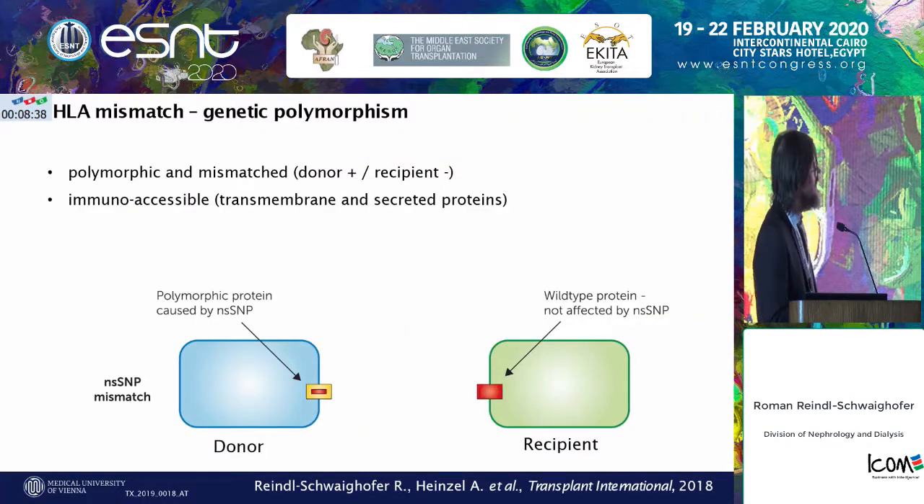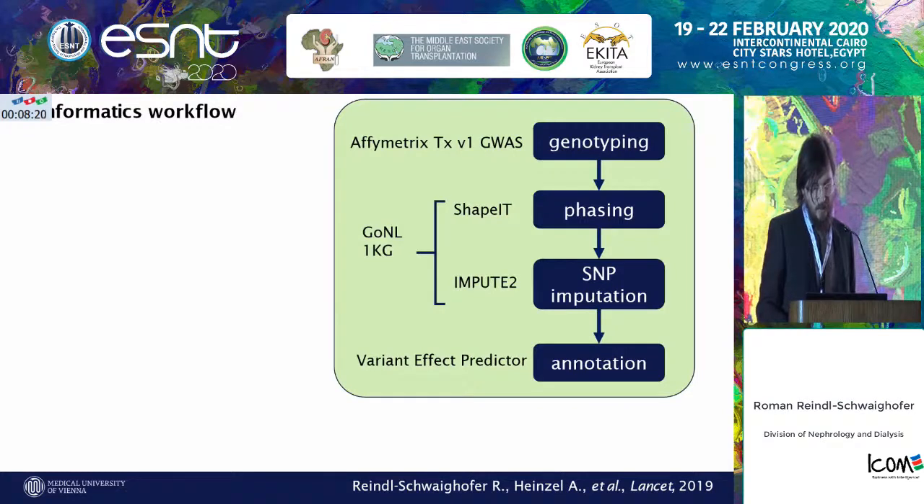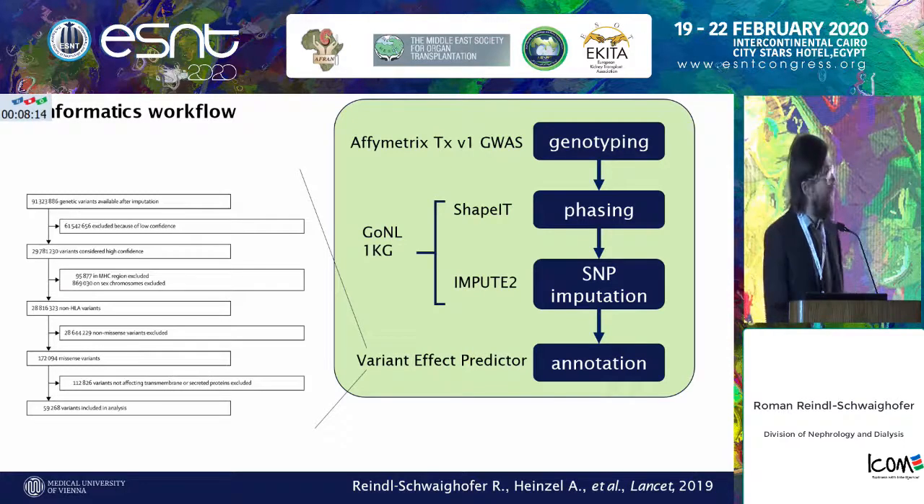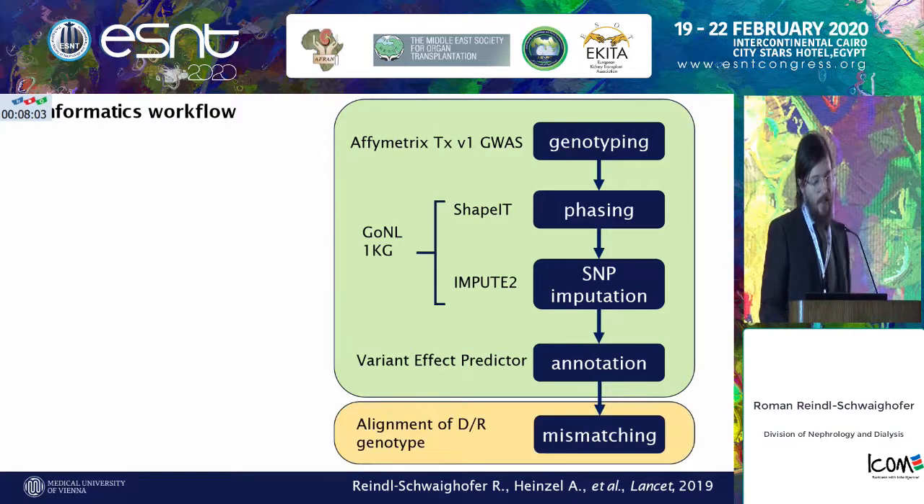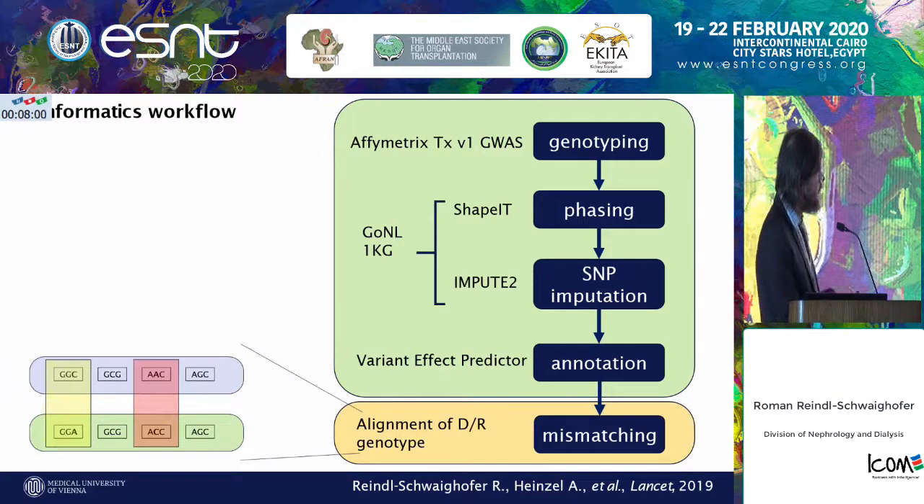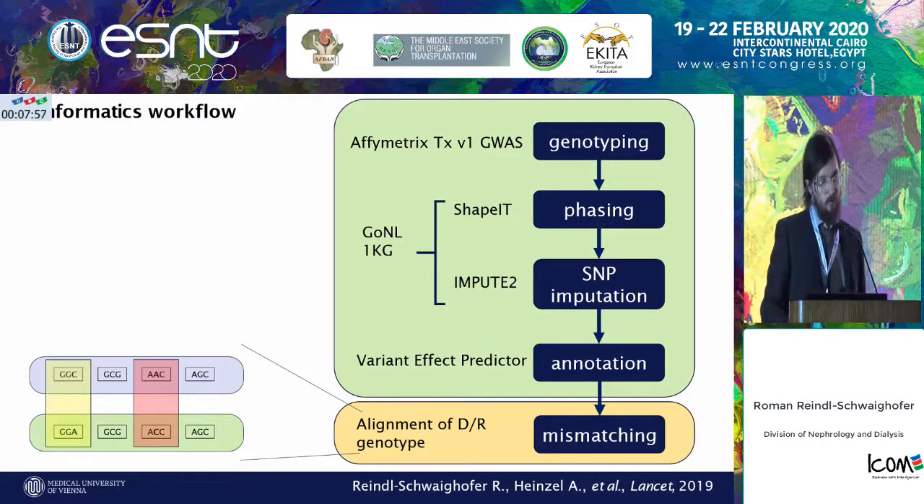So we hypothesized that if we have polymorphic and mismatched donor and recipient pairs, and we specifically focus on transmembrane and secreted proteins, when we transplant an organ with an altered cell surface structure by a changed amino acid, this will cause an alloimmune response in the recipient. We sequenced 500 donor and recipient pairs, and we identified up to 60,000 mismatched variants for this cohort. We excluded all variants in the HLA region, so we specifically focus on the impact of non-HLA polymorphisms. And then we aligned the genomes of donors and recipients and identified all those mismatched variants for each pair,